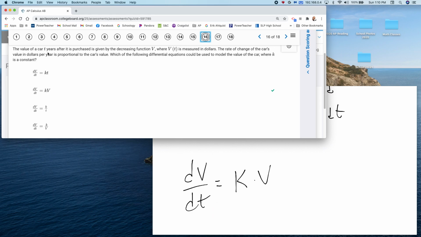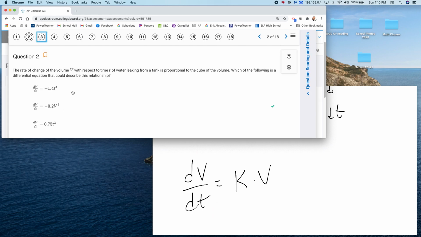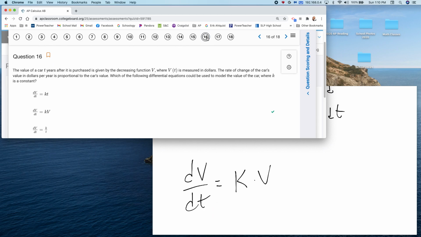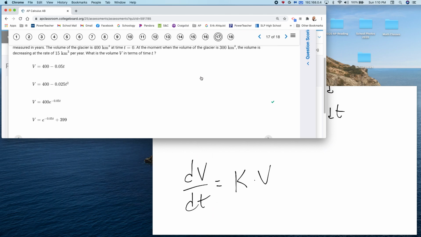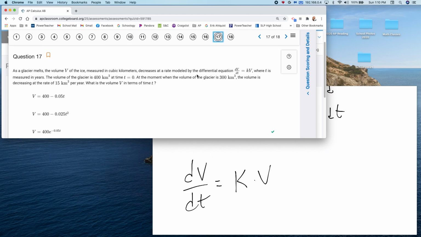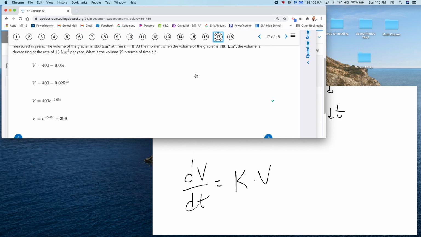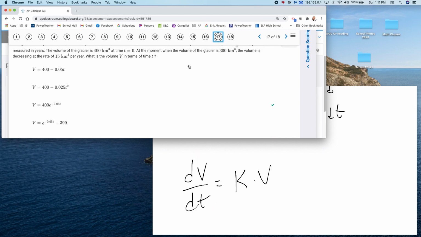That's really similar to that one we did way back. This one, it's really similar. Question number 3 and question number 16 are almost the same question. They really are. So go back and look at 3 and 16. They're almost the same question. Let's see, 17. 17 is the one that's a little bit tricky,